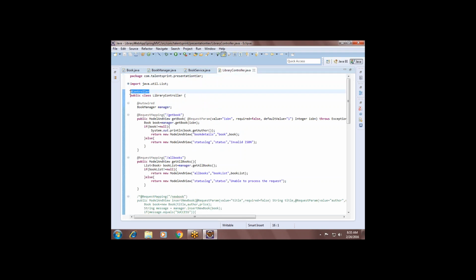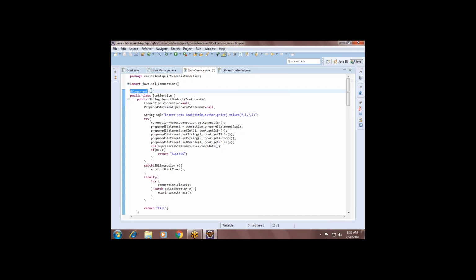Similarly, for the service layer you can write @Component or you can write @Service. Either is possible, but for DAO the @Service annotation is preferred.